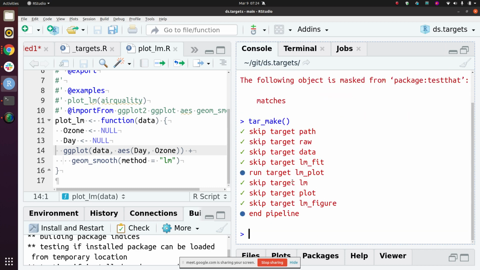And that should complete with no trouble. So as you can see, everything was kept in the targets except for the targets that were broken before, which is this one, lmplot, and now it works fine. I could do a tar